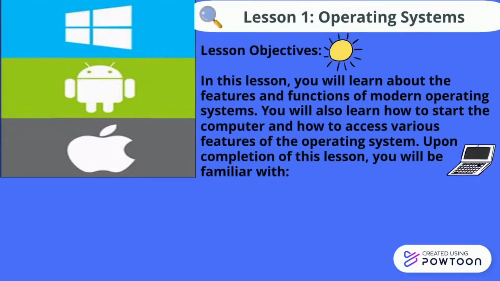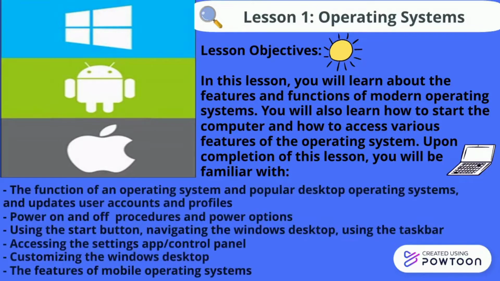In this lesson, you will learn about the features and functions of modern operating systems. You will also learn how to start the computer and how to access various features of the operating system. Upon completion of this lesson, you will be familiar with the function of an operating system and popular desktop operating